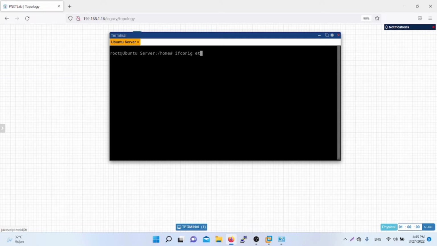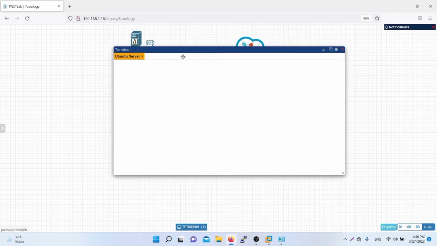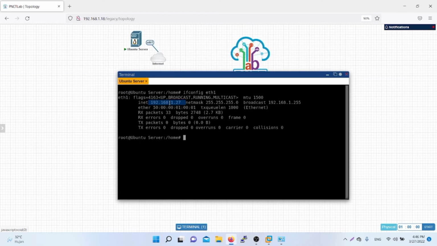The command is ifconfig eth1, and you can see the IP address is 192.168.100.1.70.27.